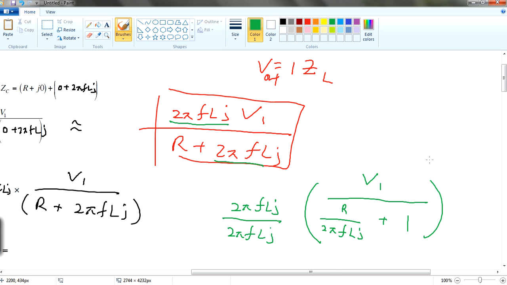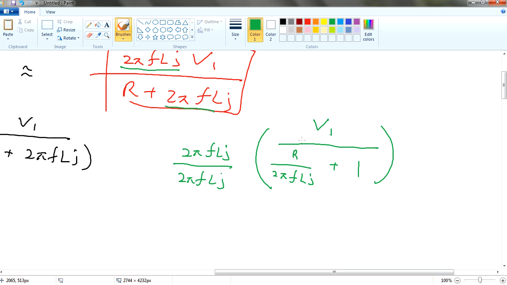If I rearrange, this is V out, so V out divided by V in is times 1 over V in. We know that V in is V1, so times 1 over V1, you cancel out the V1, and what you have is actually your